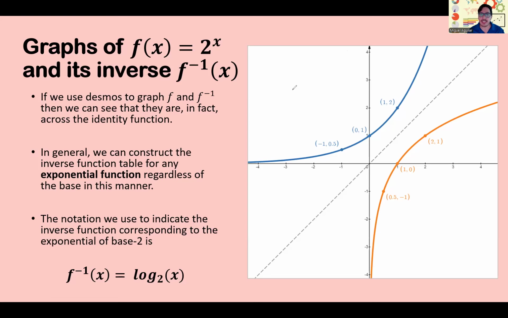Like what I mean by that is I could take, instead of 2 to the x power, we could have done 5 to the x power, right? Made an xy table, taken those ordered pairs, whatever they happen to be, switch them, and we would have found something that we're going to call log base 5 of x. And so what you have to understand here is that even though we're not going to do that over and over again,